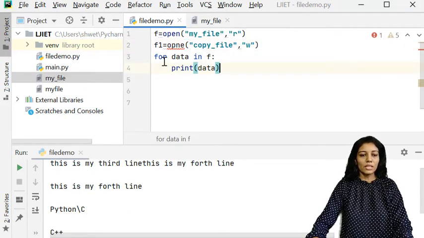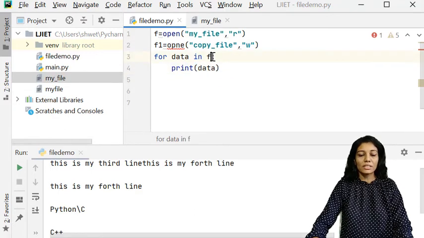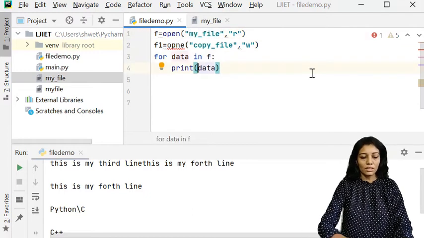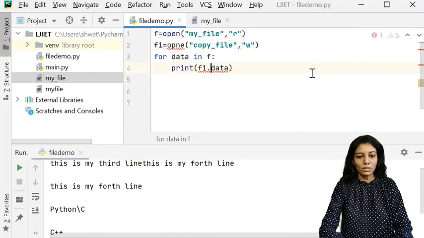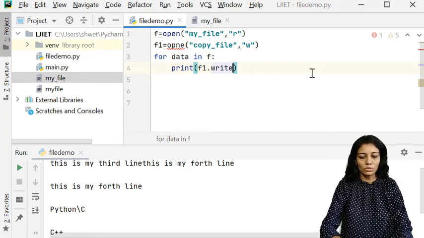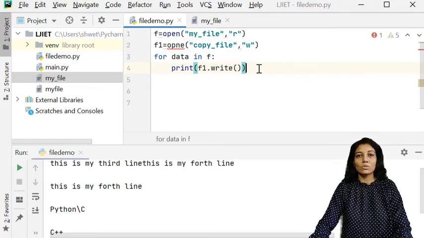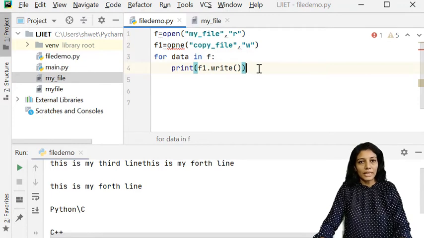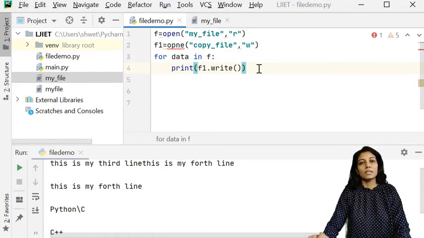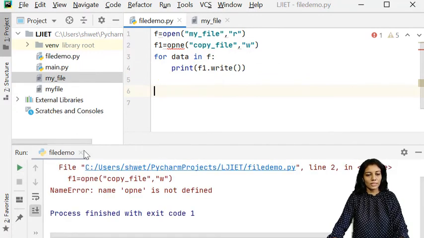So here I'll be using for data in f, where f is the handler of this my_file from which I want to read the data, and here I'll be using f1.write because I want to write into the newly created file, that is copy_file. So this file does not exist, so it will be created first and then the content will be written into it. Let us execute the code and see.